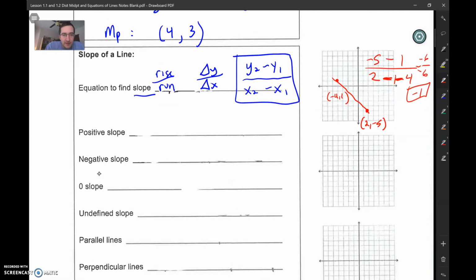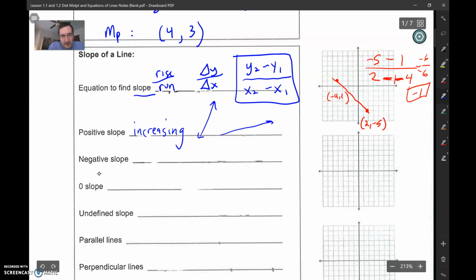Positive slope, we know what that means. It just means that the line is increasing, right? Slope is positive, the line is increasing. It can be really steep like this. It could be pretty flat like this, but you get the idea. Positive slope means that the rate of change is going up. You're earning money, you're gaining weight. Like, we can model a lot of situations in the real world where something is increasing over a span of